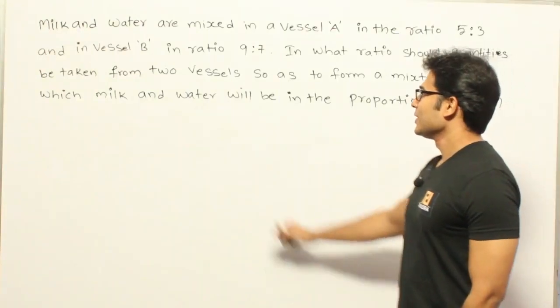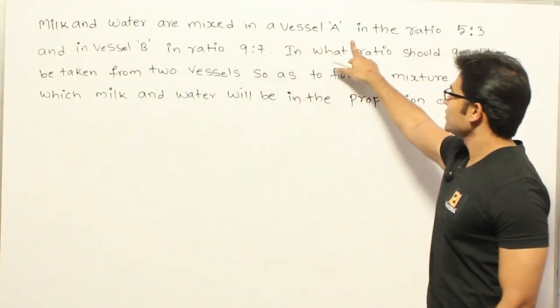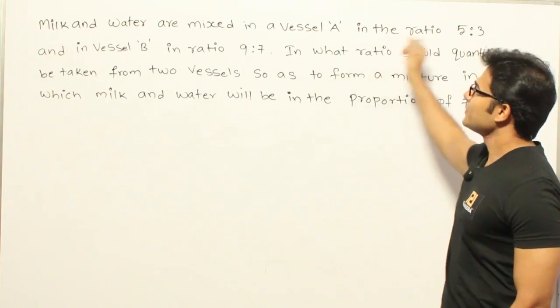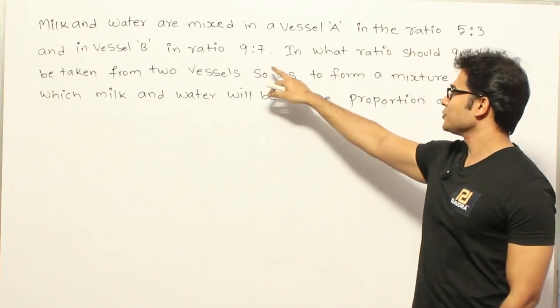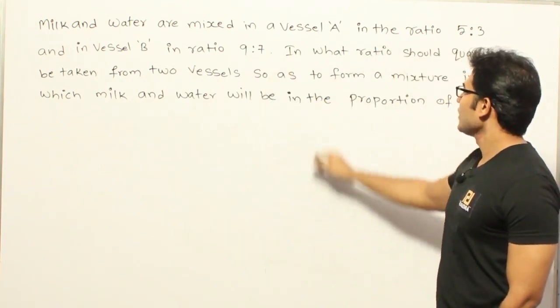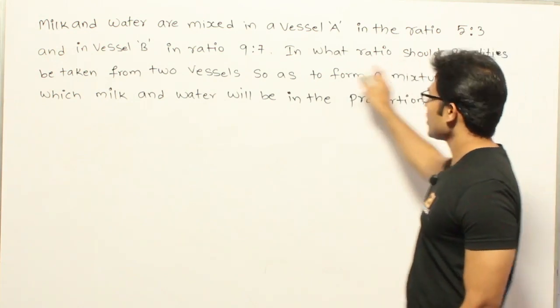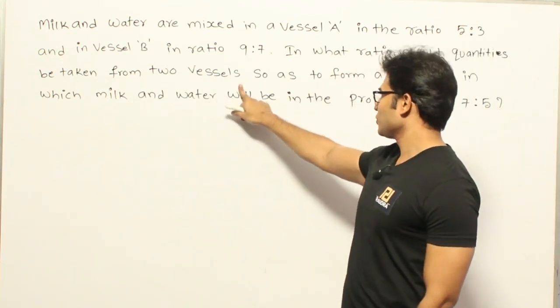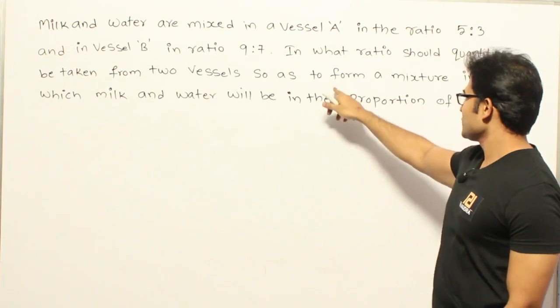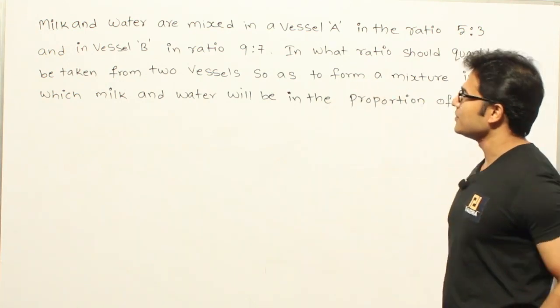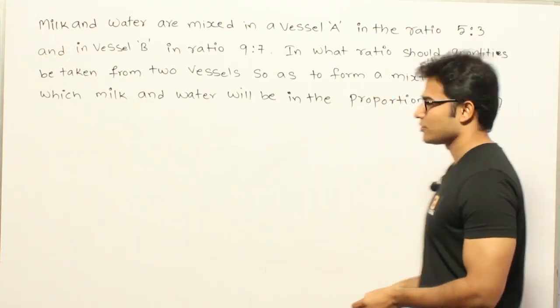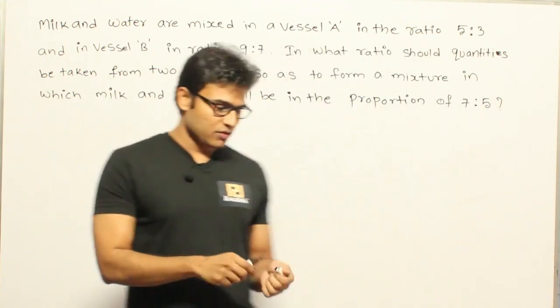Let's solve this question. Milk and water are mixed in a vessel A in the ratio 5:3 and in vessel B in the ratio 9:7. In what ratio should quantities be taken from the two vessels so as to form a mixture in which milk and water will be in the proportion 7:5, right? So they are saying that